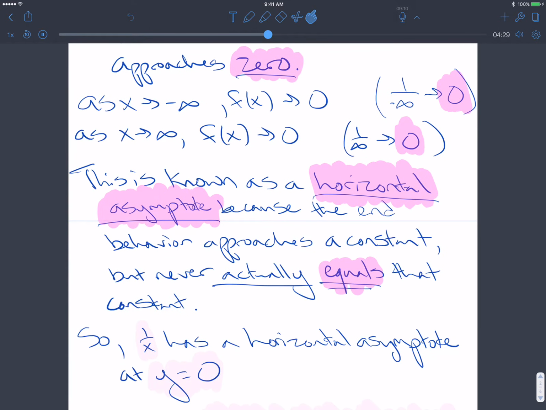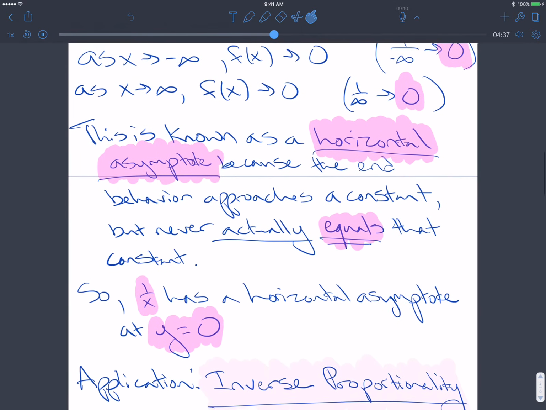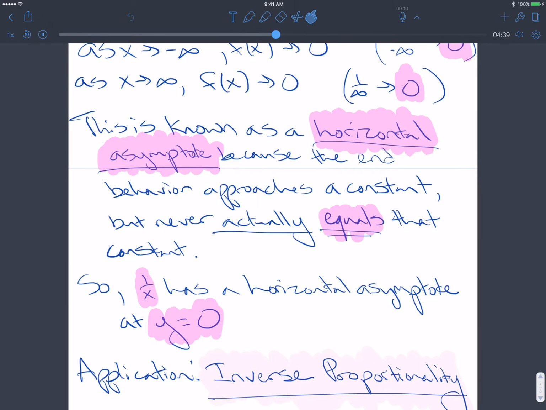So we say that 1 over x has a horizontal asymptote at y equals 0. It has a vertical asymptote when x is equal to 0 and a horizontal asymptote when y is equal to 0. We apply this concept of negative powers of x through inverse proportionality. We talked a lot about direct proportionality before. So inverse proportionality